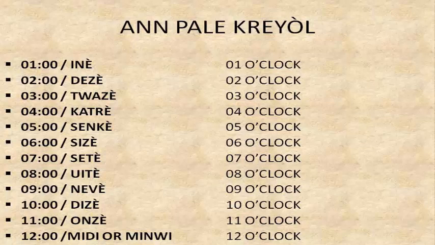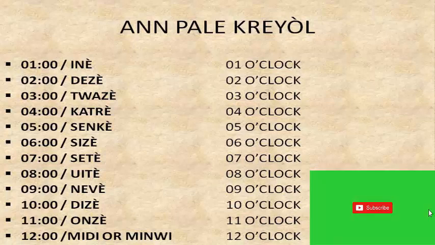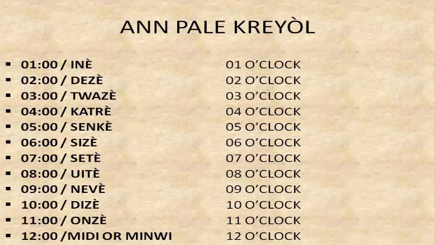Huite. 9 o'clock, neve. 10 o'clock, dize. 11 o'clock, that's onze. Okay? And then we have 12 o'clock, which is the easiest one, as it's both 12